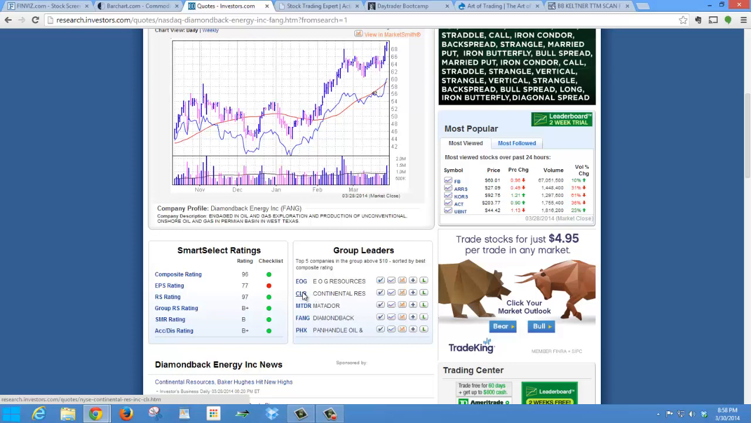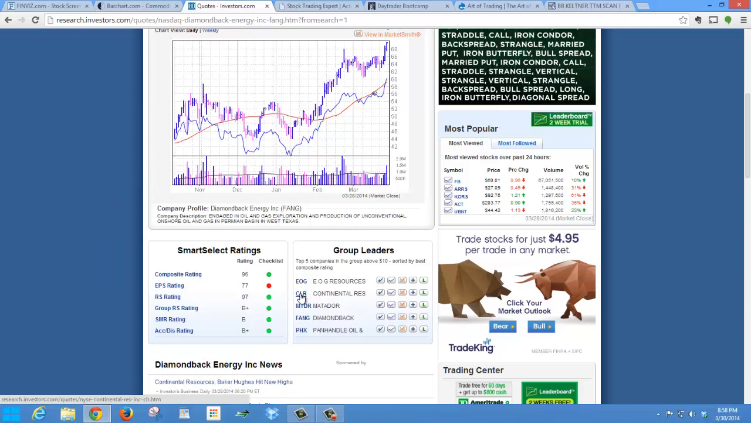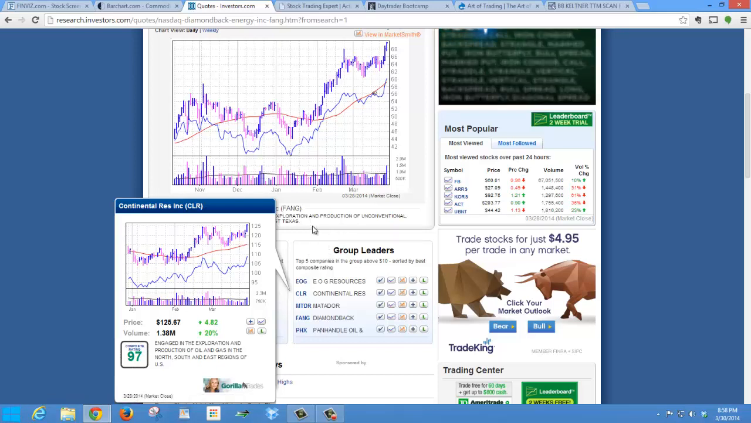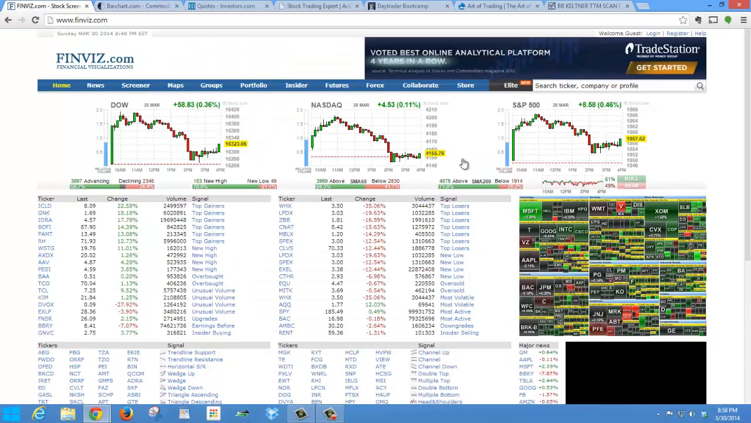EOG and CLR were both on our Bollinger Band scan, and both had nice moves for the week. Then we click or just hover over CLR, and then we can see that it's up $4.82. So that's how I use Investors to cross-reference strength and look for institutional buying. Now the next thing we can do is go over here to FinViz, which is a free site,